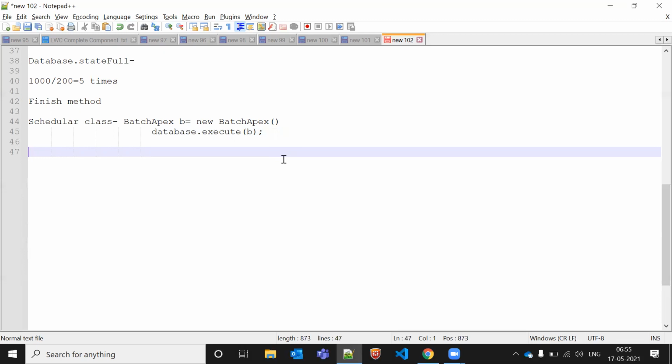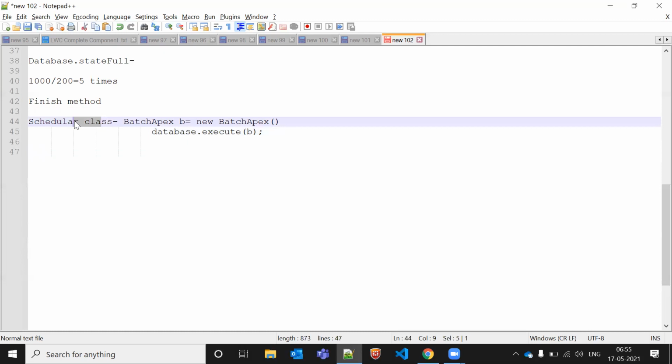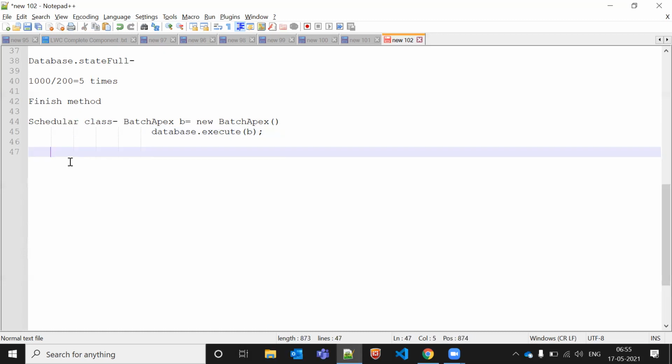That will depend on the scheduler, like batch apex only. Once it is scheduled, then the batch apex will run, and then all the records will be updated in production. Yeah. There is no other way; we have to deploy the schedule class into production at that time. Right. And you need to run the batch manually in QA or production? No.